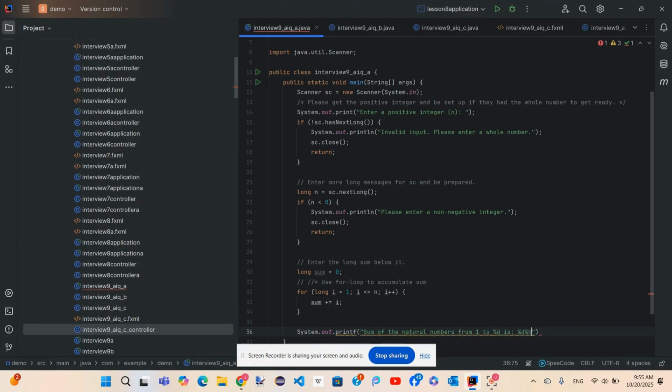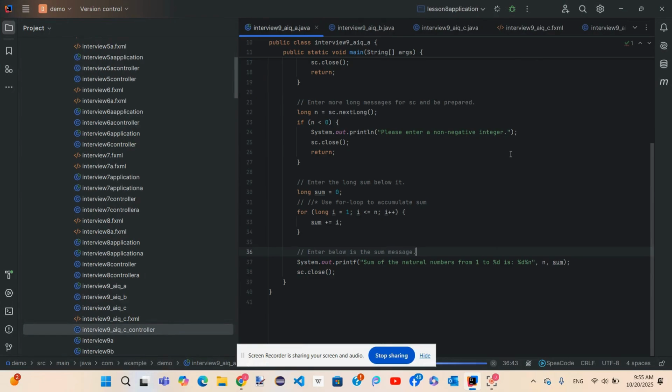Then scanner close, and below is the sum message. The comments are in.